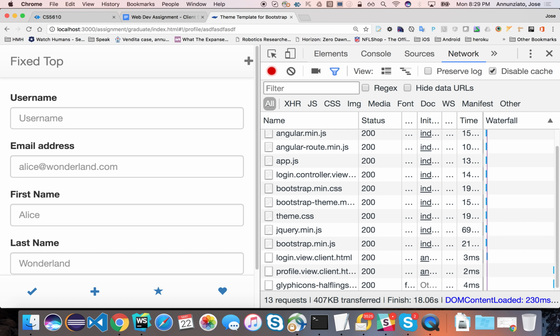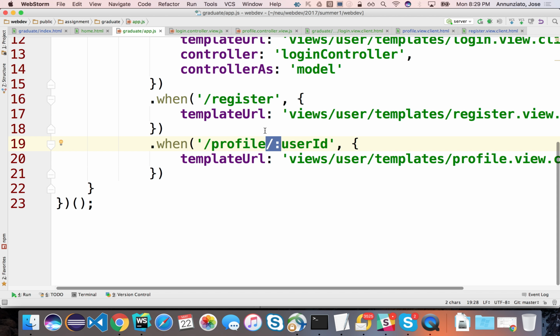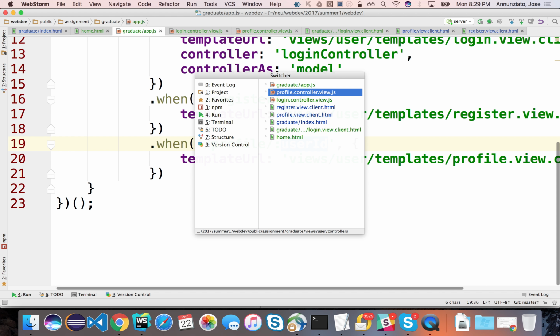Okay? It is our responsibility to treat it and understand it and interpret it as a user ID. Yes? All right, so let's do that. First of all, we need to pass this user ID. So how do we do that? So from the login controller,